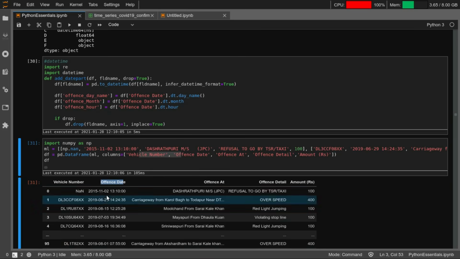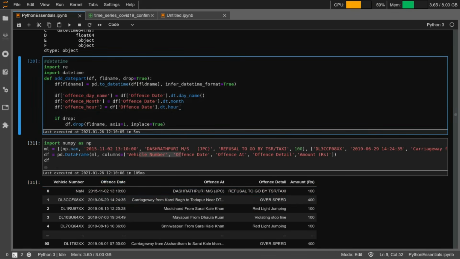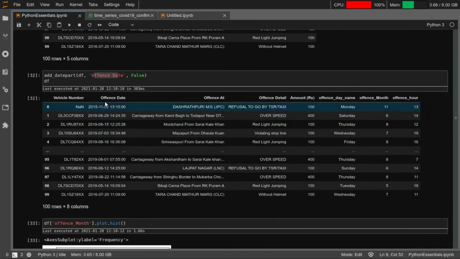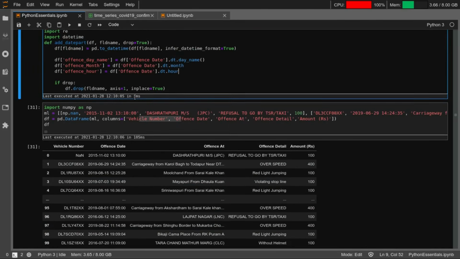Because you can still extract the day, the month, and the hour from here, but it will not be as simple as writing these lines of code. That is the advantage of converting into a date time. And after that, the offense day, month, and hour are added here as additional columns, because that is what this function is doing here, right?